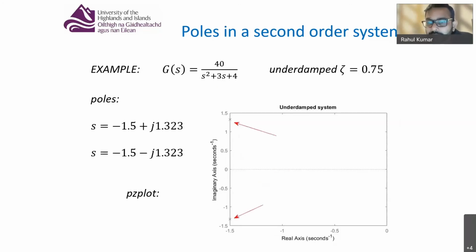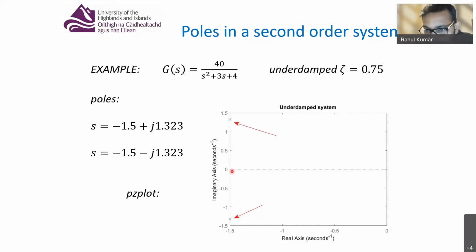Now, the last type of system, which is your underdamped system. Again, if you notice, I have reduced the value from 4 to 3. So that makes my system underdamped. The zeta value is coming out to be 0.75. Again, I have taken out the values of poles. We got two complex poles,